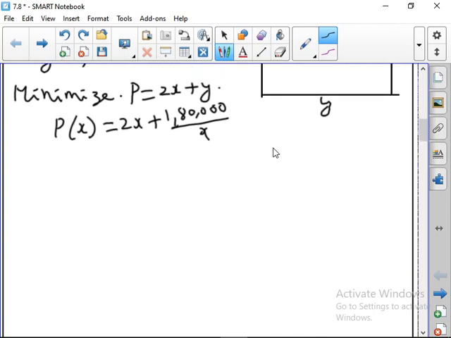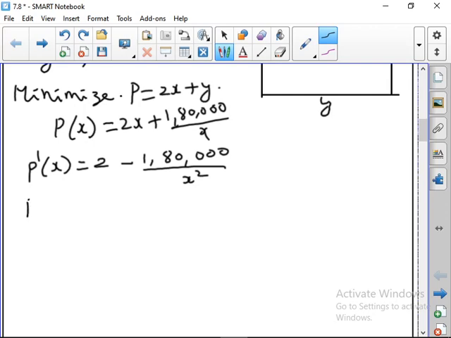Okay, so now we have to minimize the perimeter. So differentiate, it is the same procedure. So P dash of x, what is P dash of x? 2 minus, differentiating this, what will we get? 1,80,000 by x square. Same as the previous one. So now put P dash of x is equal to 0. Then you will get 1,80,000 by x square is equal to 2. So from this x square is equal to